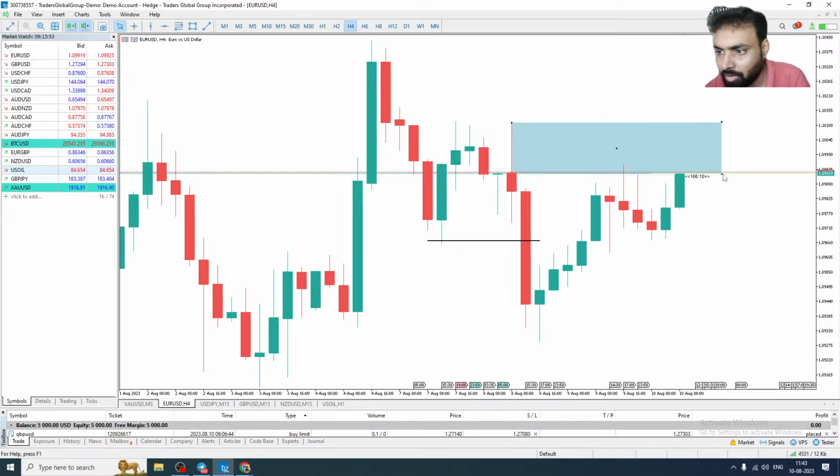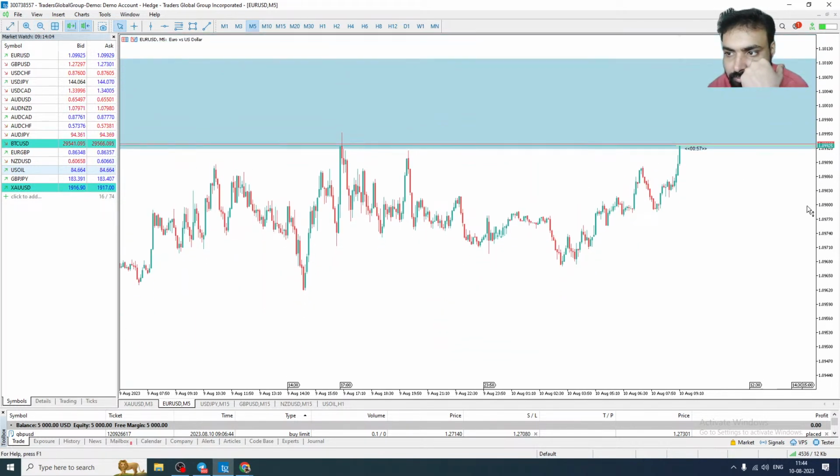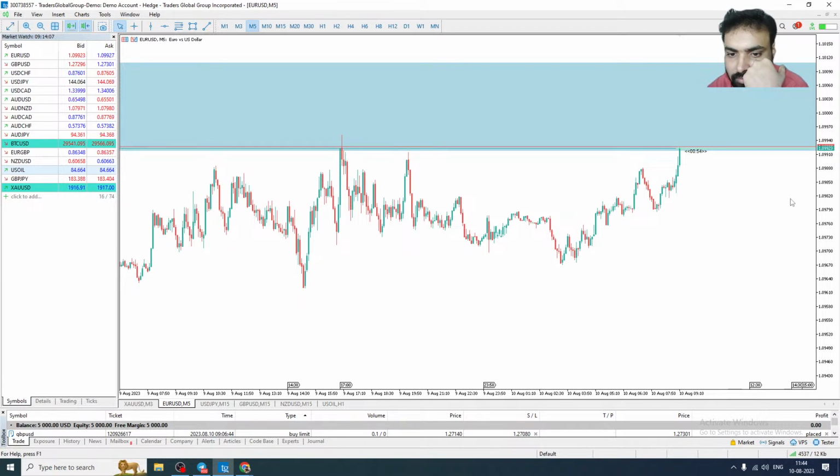Now Euro USD, we are looking for lower time frame confirmation. So we are looking for at least a 5 minutes breakout structure. Let's see that. It's going inside in a very fast manner, and you have a buying level here. So this is the selling level, this is the buying level in 5 minutes. So if it goes inside, we look for a breakout structure, then we can take a trade.